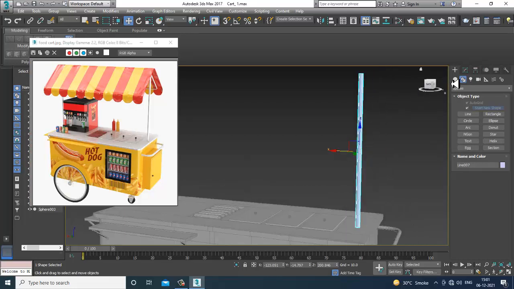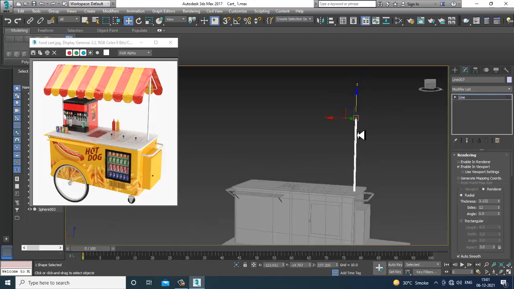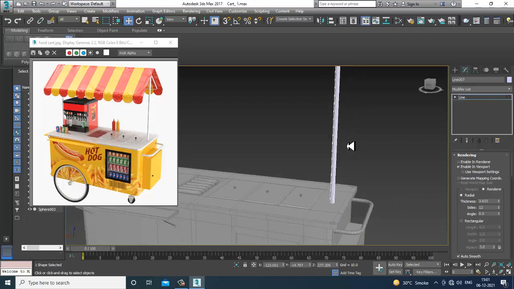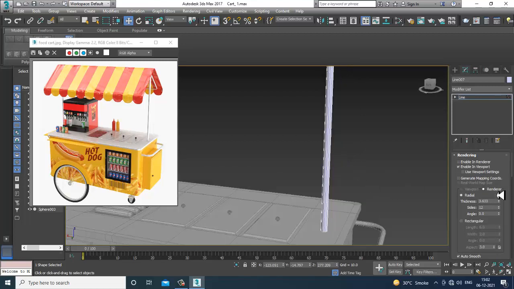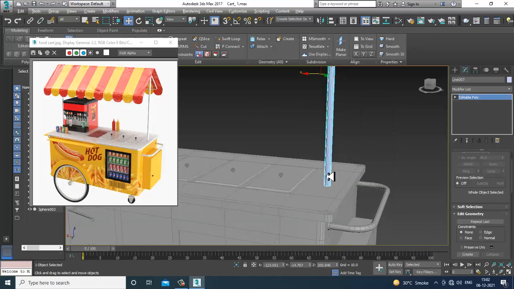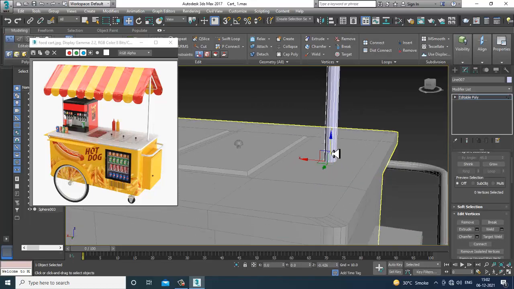So I'll go into this. I'll select the vertices. I'll slightly increase it up. Increase its thickness. So let's convert to editable poly and again give a swift loop over here.